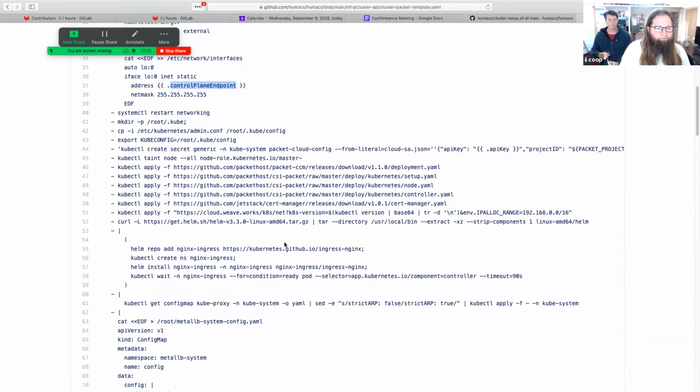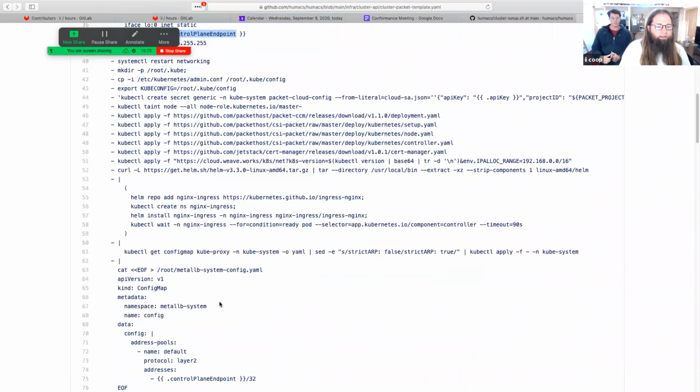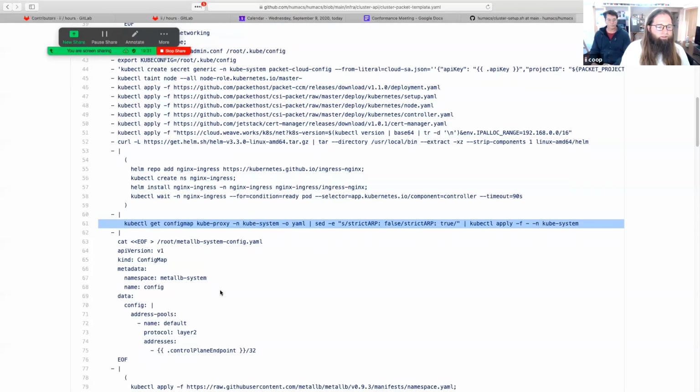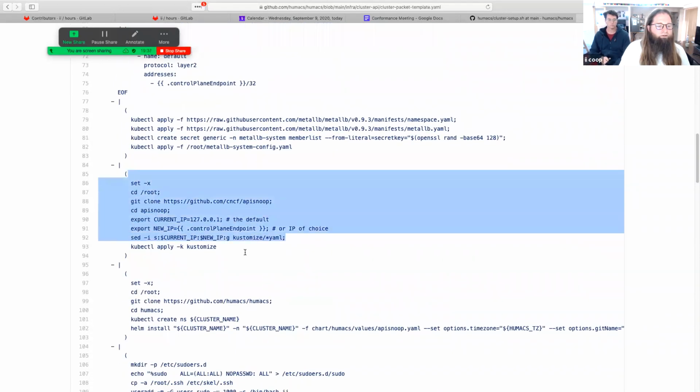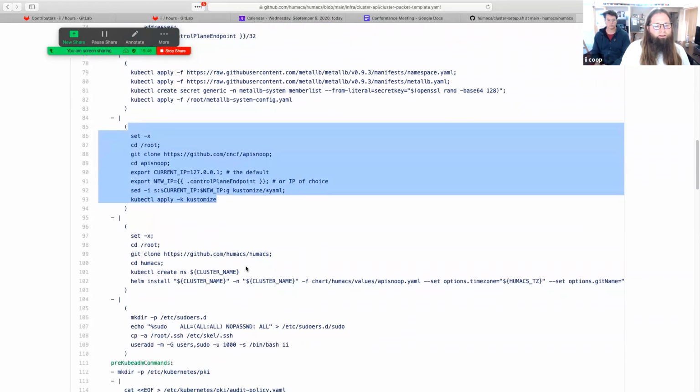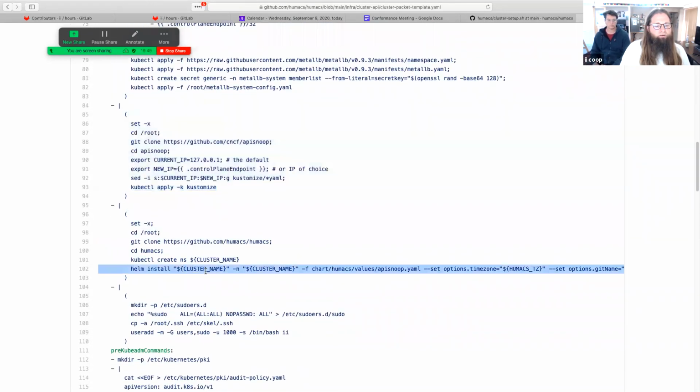Then we go through a pretty much normal Kubernetes deployment, including Weave, and set up Nginx ingress, and ensure that a few things happen to get MetalLB running. And at the very end here, we clone APISnoop and use kustomize to deploy the webhook that is the audit sink for our audit logs to be retrieved and handled in cluster. Then we deploy Humacs itself, which is this repo that we're starting from, using a Helm chart to deploy our APISnoop focused version of Humacs, including setting our time zone